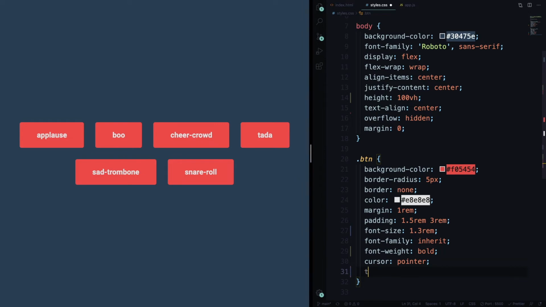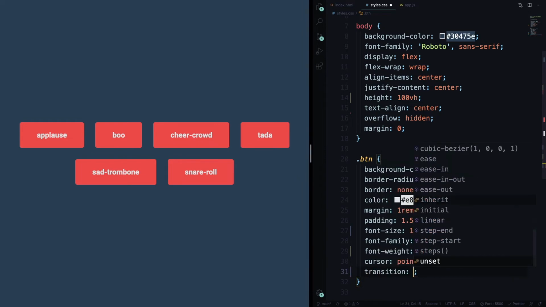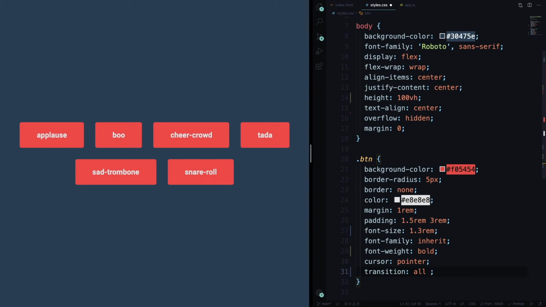Okay, let's also add some transition because we're gonna use effects here. Okay, all .2 seconds ease-in-out. And all right,